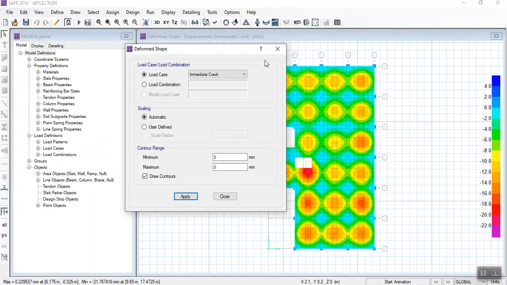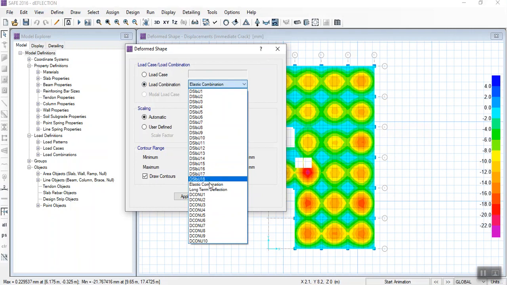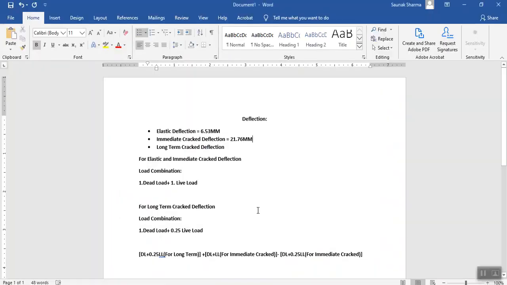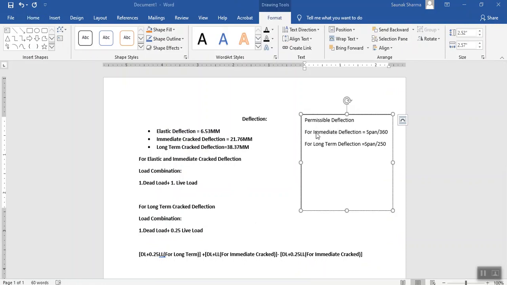Now I will check for long-term deflection from load combination. Here for long-term combination there is 38.37 mm deflection. Now the permissible deflection for immediate deflection is span by 360,